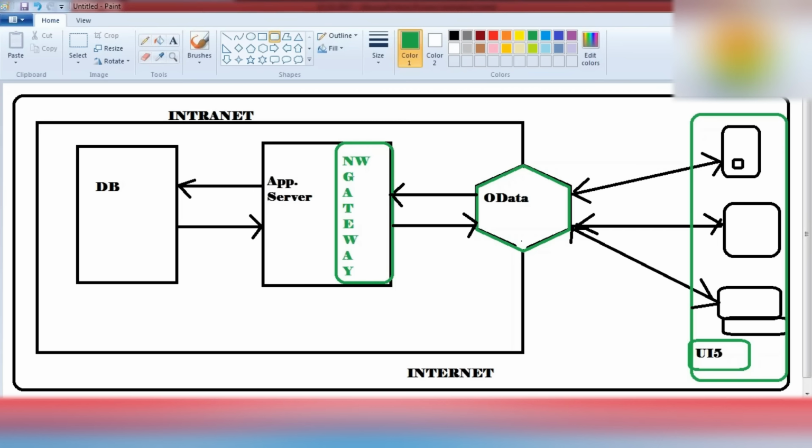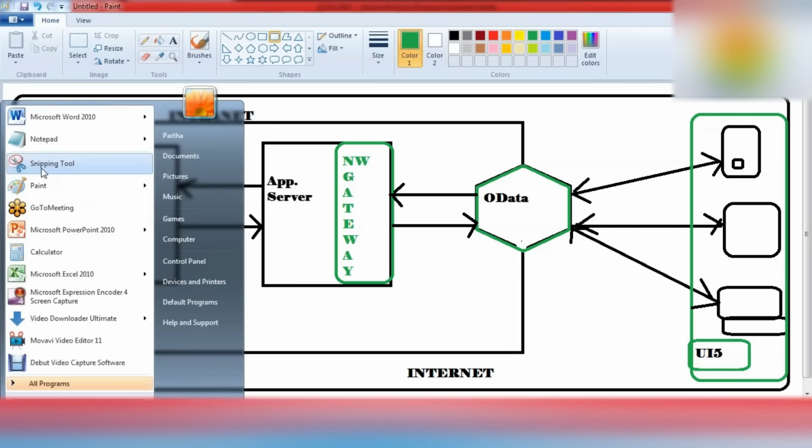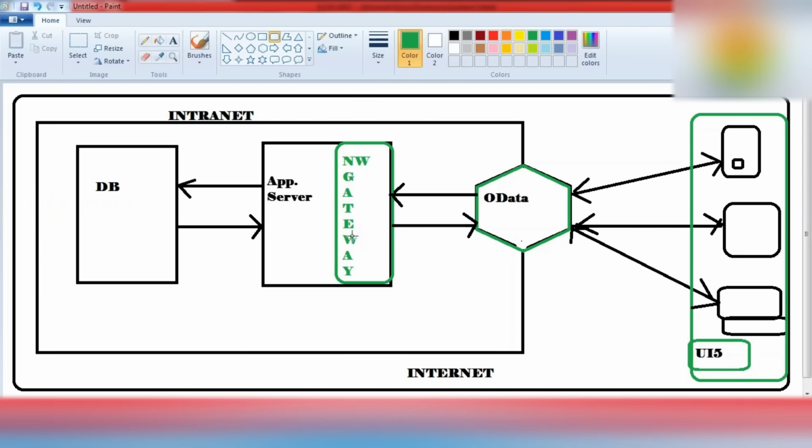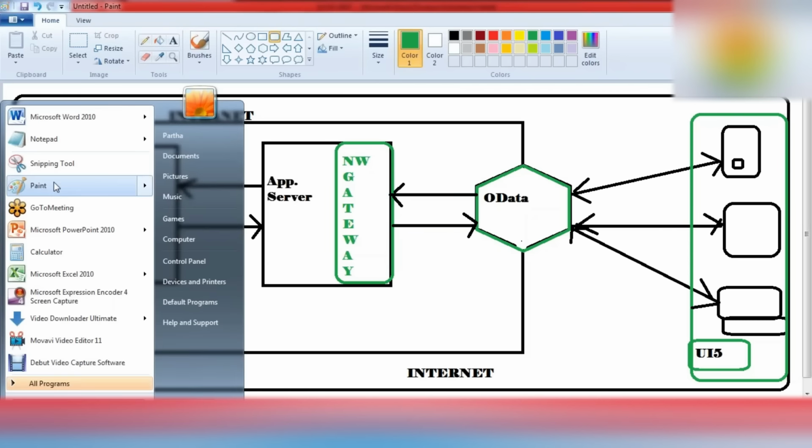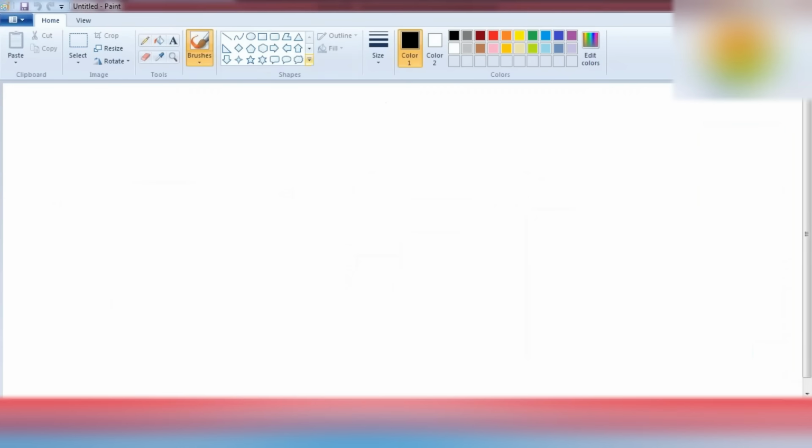And one more thing let me tell you. To deploy the NetWeaver Gateway, we have two different options.